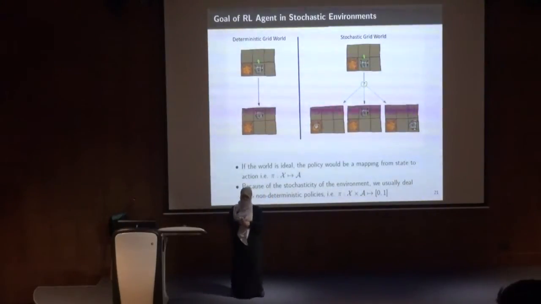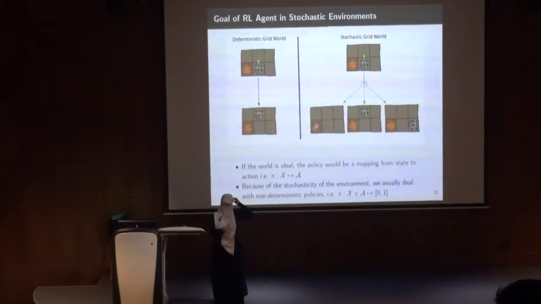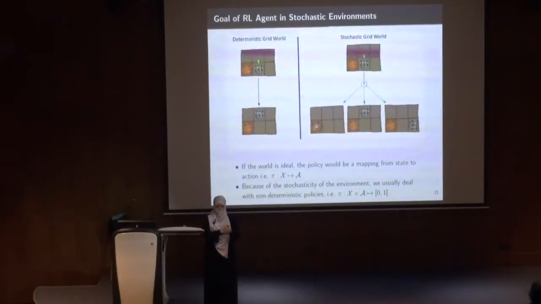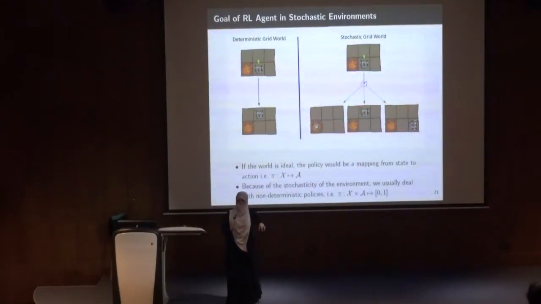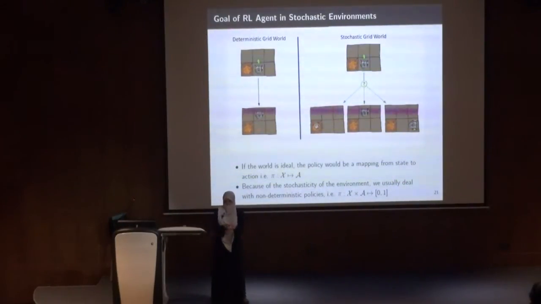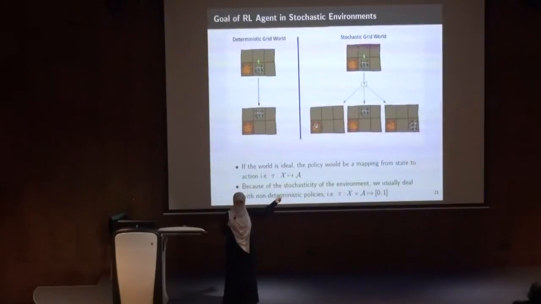Question? Yes? When introducing the stochasticity, why don't we sample the rewards as stochastic, not the action? The reward is deterministic. You will not get the reward unless you reach a certain state. So the reward itself is deterministic. There is something that's called the value of a state. It's somehow a reward. We will get to it. I think it will answer your question.